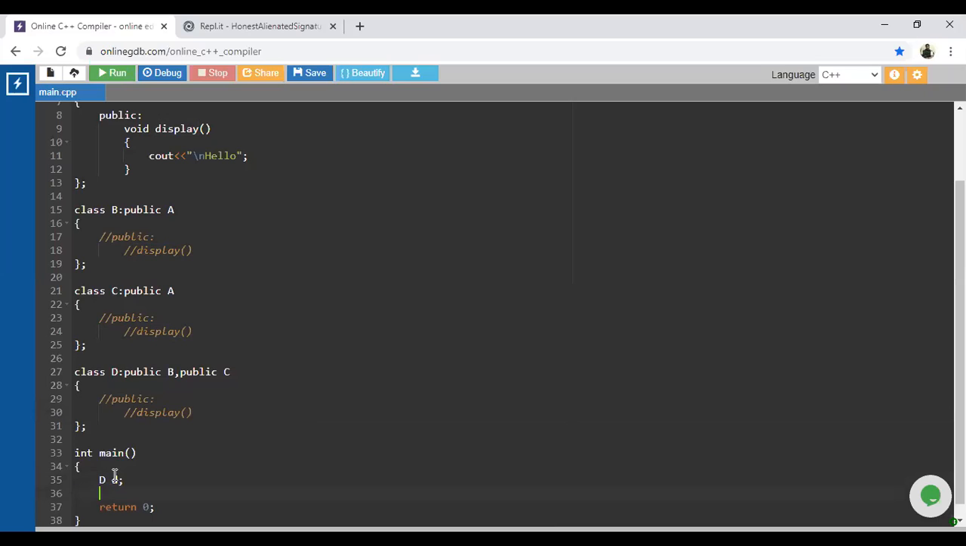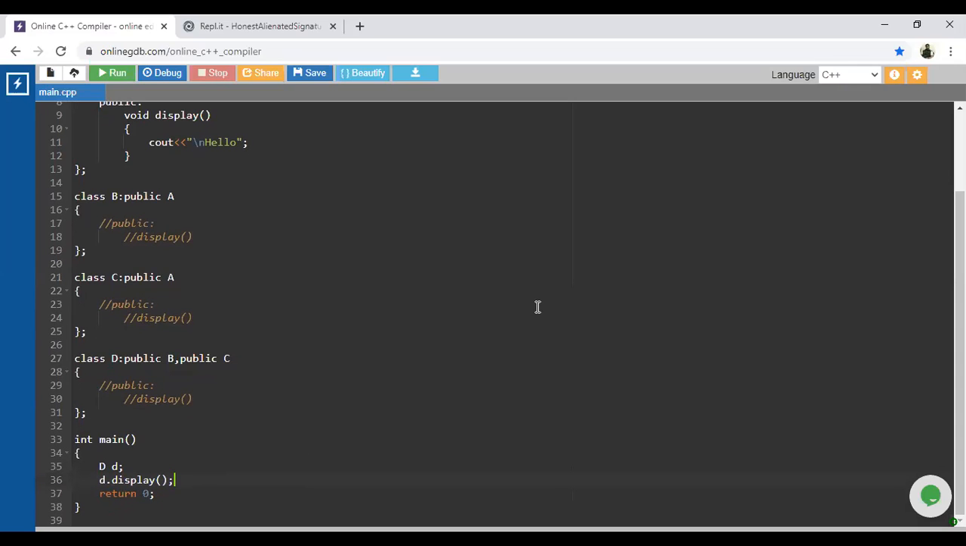I will create the object of that class D as a small d. Next, I'm going to call that particular method, d.display. Is this a valid declaration? Till now it is clear? Everyone? Okay. And now I will execute this code. What is the expected output, guys? Hello. Once I run this code,